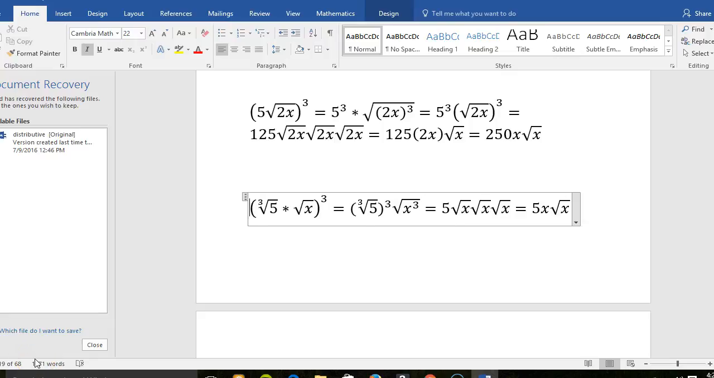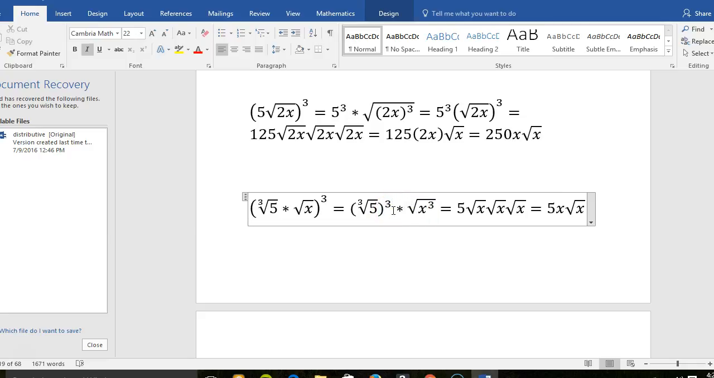Hello again. Let's look at another example. The fifth root of the cube root of 5 times the square root of x, all raised to the third power. Well, by fragmentation, that's just the cube root of 5 cubed times,